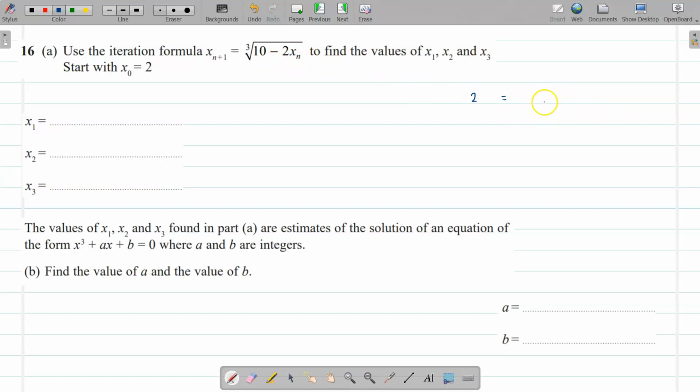So you put the cubed root symbol on the calculator, not the square root, the cubed root with a little 3 around it like that, and then you put in 10 minus 2 times, and then you literally press the ANS button. Now that's it, and when you press equals once,